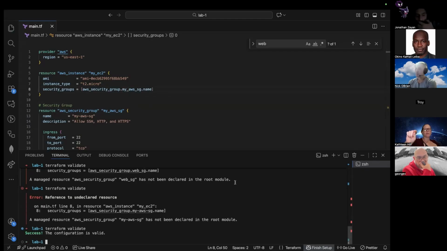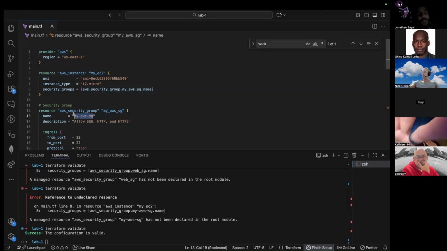I have an underscore on line 8 and on 12, but on 13, I have hyphens. That's how I have it set up on mine, so I looked it up. Confusingly enough, EC2 instances don't have a top level name where you can name it. You have to put it in as a tag. Security groups do have a top level name. So what you have highlighted with the underscores is the local variable name for that security group, and what you have highlighted with the dashes is what it's going to be called on the AWS console.